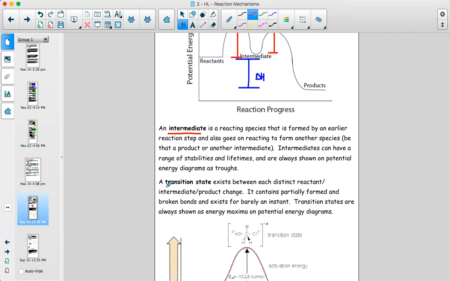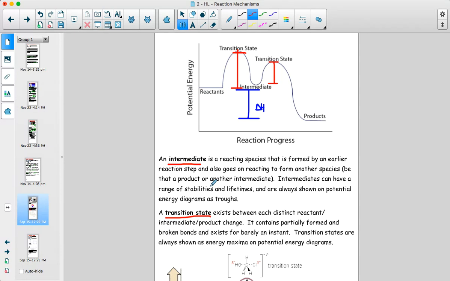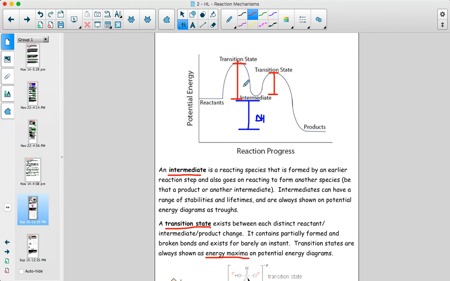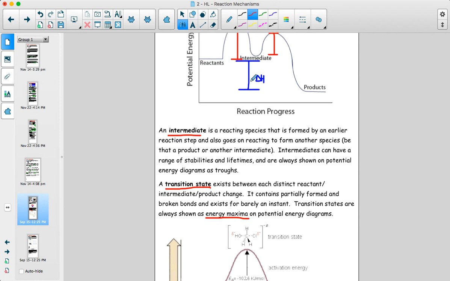We haven't talked about those yet, but transition states are the things that are theoretically believed to exist as bonds are both breaking and forming. And they are what we think of as existing at the energy maxima on these graphs. So at the very top of these activation energy hills are these things where bonds are only partially in existence. So the new bonds are forming and old bonds are breaking, and those are what we call transition